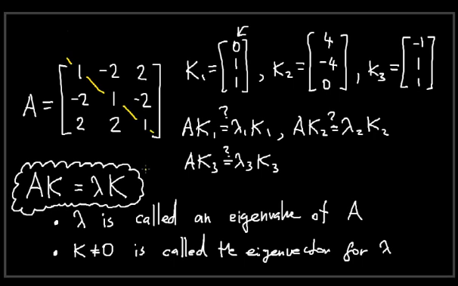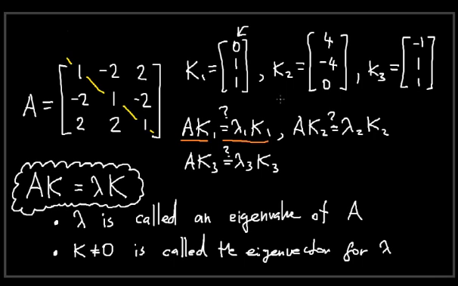What would these computations be? Well, let's look at one specific equation we're interested in. So let's take the first one with the k1 there. What we want to do is to figure out whether there is a lambda 1 that makes this equation hold. How are we going to figure that out? Well, one of the obvious things we could do is to compute A k1, because we are given A and we're also given k1, so we can just multiply these two to get the value for A k1 as a column vector, and then compare that